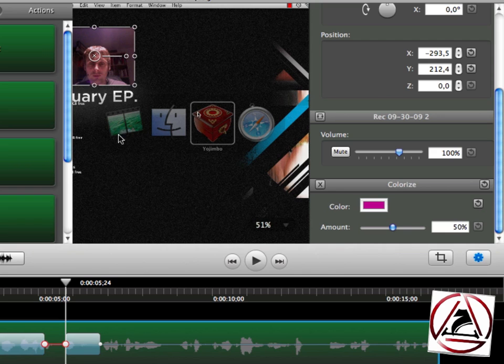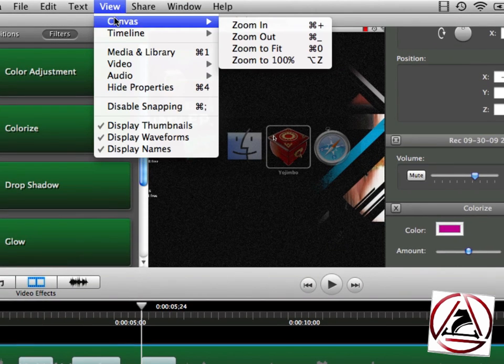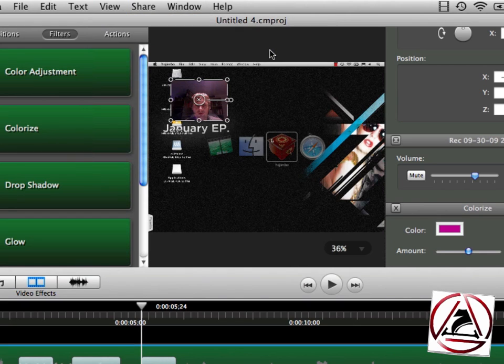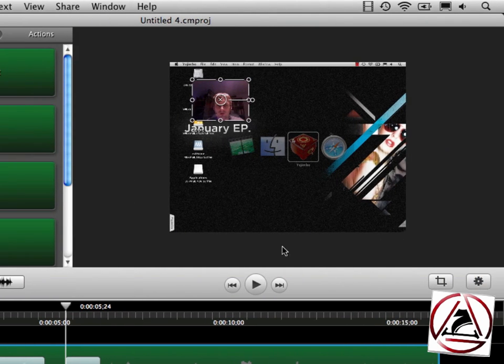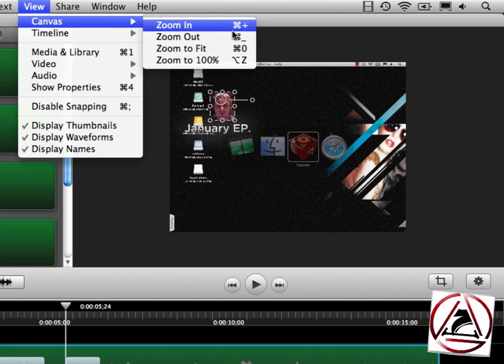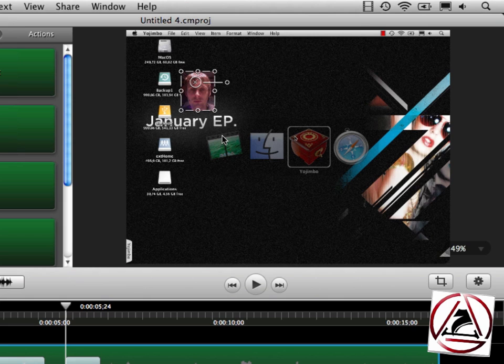You see that our video now is too big to fit in our canvas view. This is no problem for Camtasia. Just click zoom to fit in the canvas menu, and it will be scaled to an appropriate size for the canvas. This button crops the window. So let's say I am only acting in this place. This is non-destructive and can easily be removed afterwards. Again, I will use the zoom to fit function to make this video a little bigger so we can see